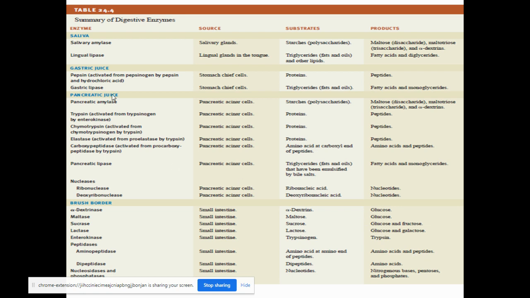The next one is the digestion of lipids. So lipids, the digestion of lipids is very, very important. A minor amount of lingual lipase will act upon the triglycerides to convert them into fatty acids and glycerol, whereas the major digestion of the lipids takes place in the duodenal region, mainly because of the enzymes secreted by the pancreas and the bile by the liver.